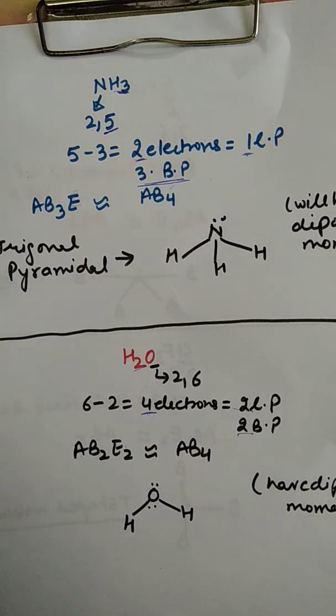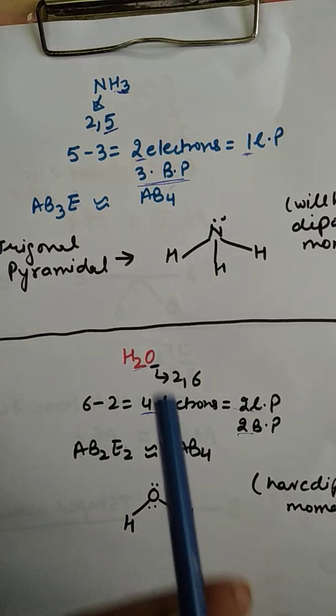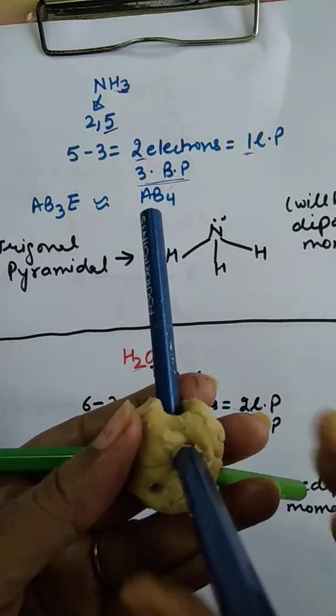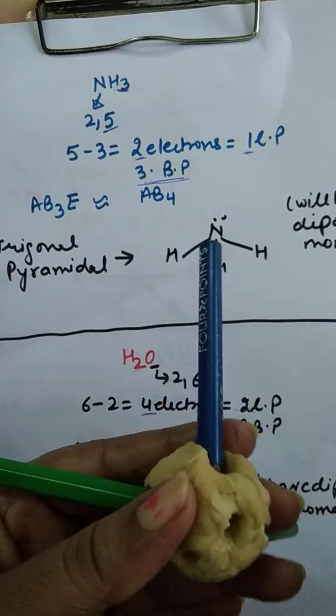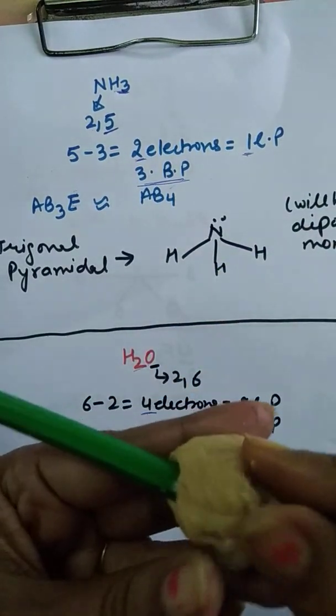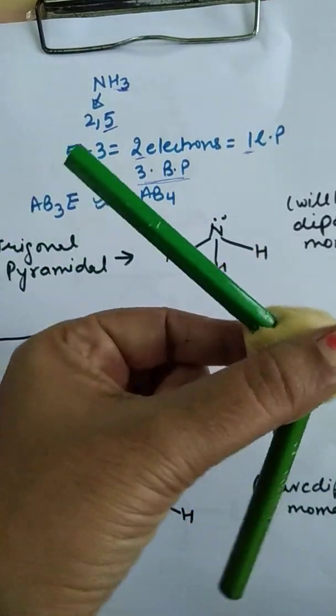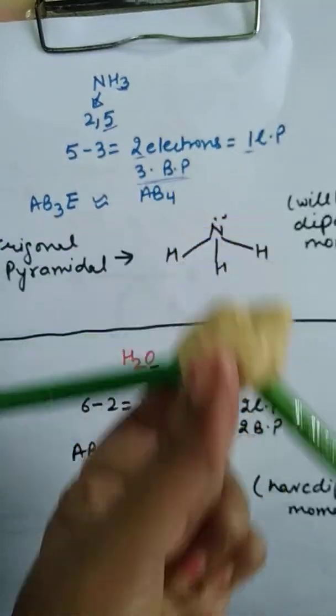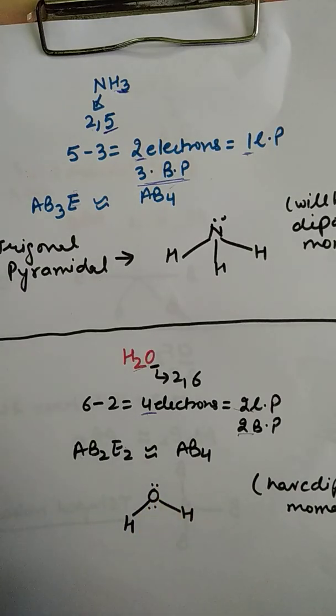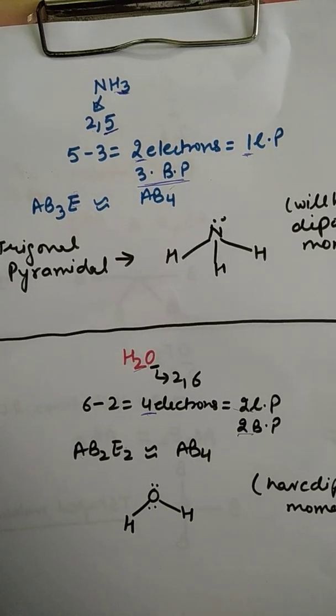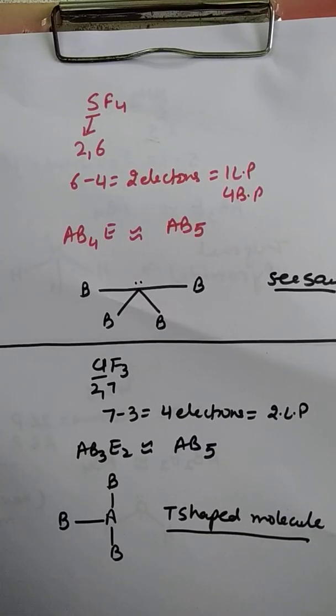But again the trouble is that there are only 2 side atoms. Another 2 are not even there. So I will remove these 2 blue lines, but I am left with a bent shape molecule. So this is the shape of the water molecule. And since ammonia and water both are unsymmetrical molecules, there is unequal charge distribution, so they will have some permanent dipole moment.